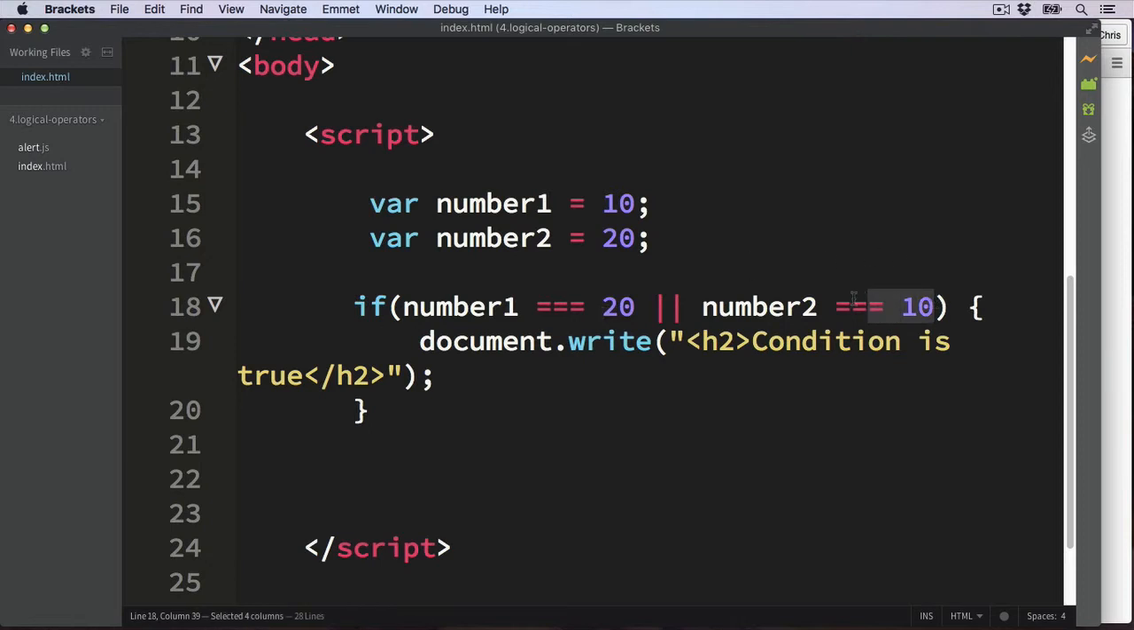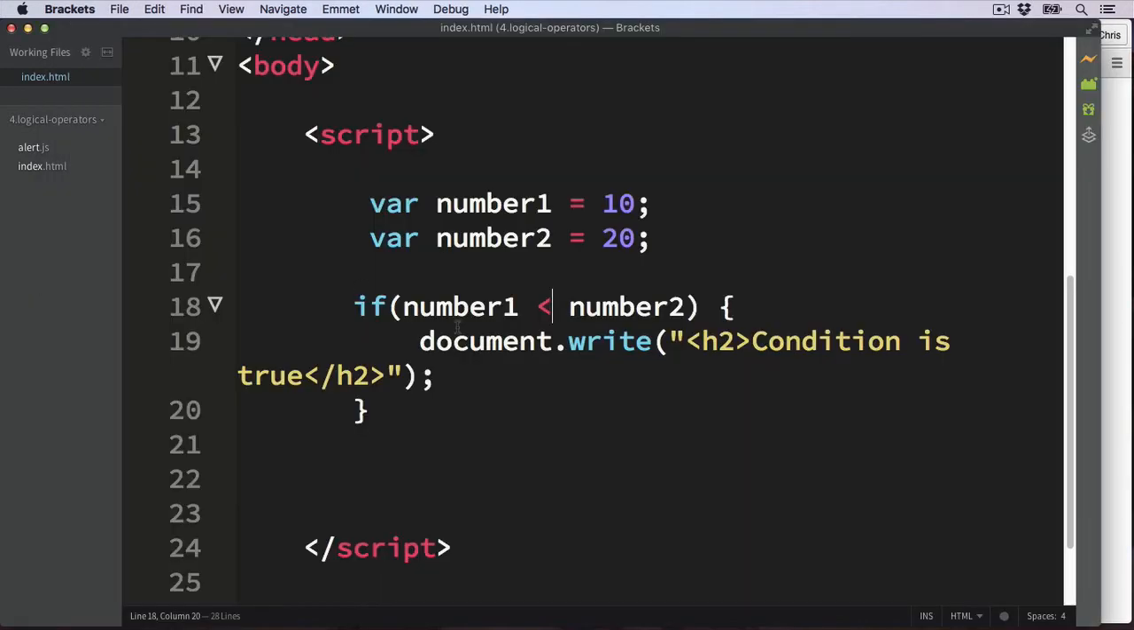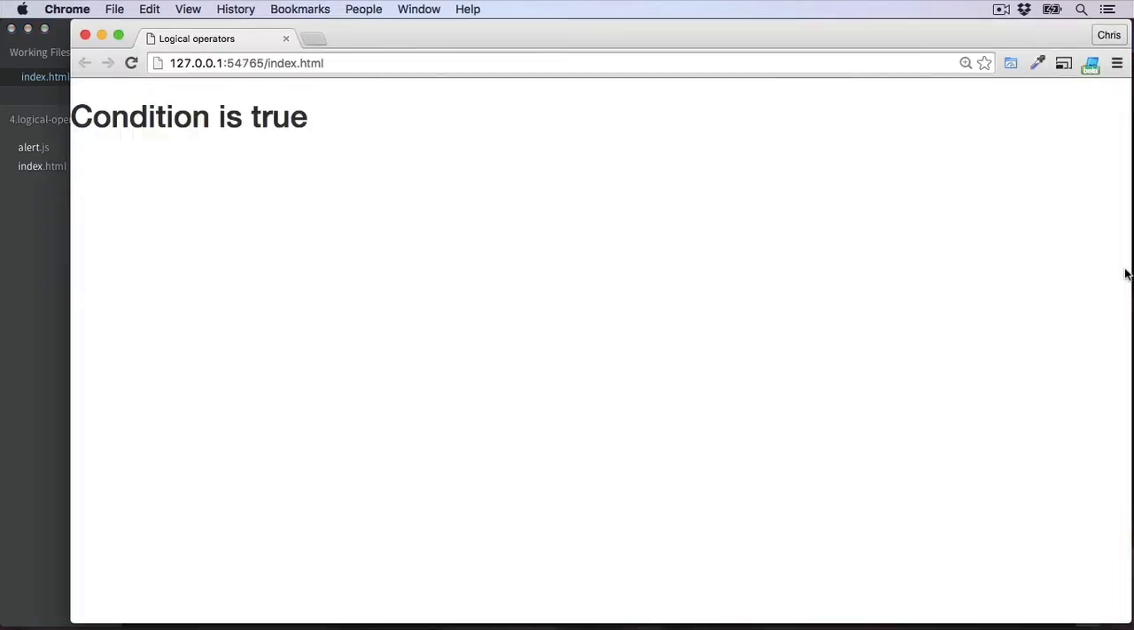So let's just delete a little bit of this. So we'll start with a true statement. So if number 1 is less than number 2, which it is, we should get the text there. But if we wanted to do the exact opposite and make this condition false, we'll just simply combine that with the not symbol. So if number 1 is not less than 2,